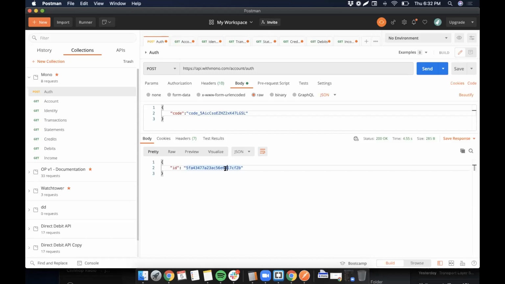Sorry, can I say something before we cut this? From the widget where you get the code, is there a way to identify what bank? Because what I'm seeing from this API is just the code as the body, and there is no way we can